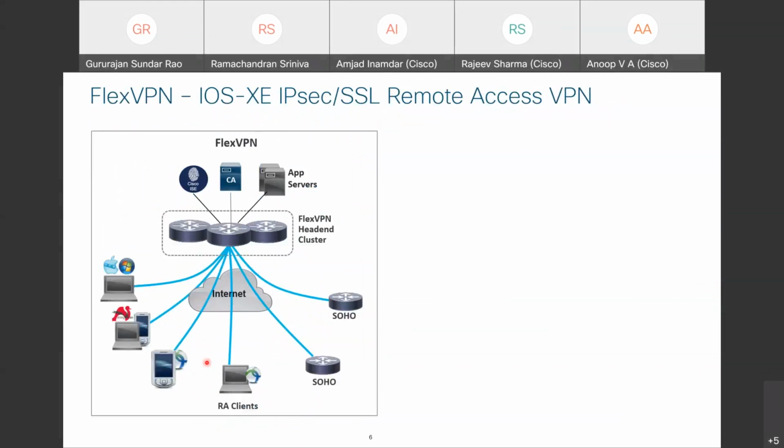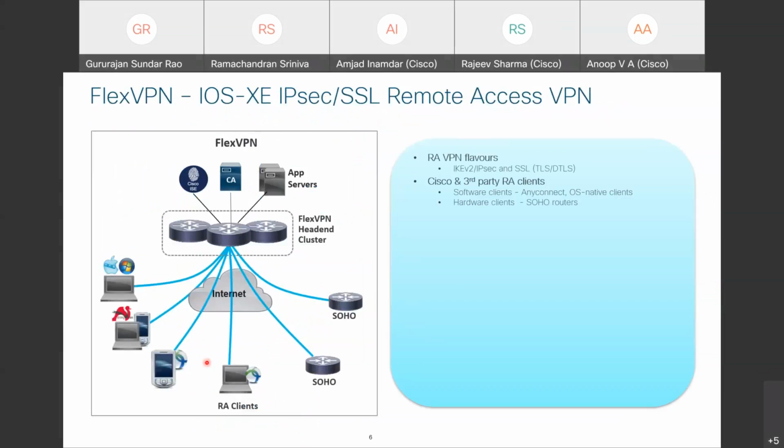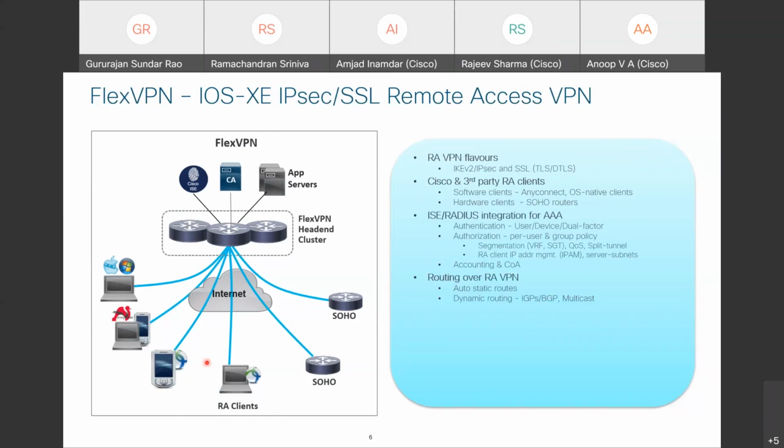Now, let's take a quick look at the iOS XE remote access VPN, which we refer to as FlexVPN. With FlexVPN we support both IPsec as well as SSL. We support Cisco and third-party remote access clients, both software clients as well as hardware clients. Software clients like Cisco AnyConnect, or we also support OS native clients like Microsoft Windows, Mac OS, as well as hardware clients, which can be used as thin branches, SOHO routers. And then FlexVPN has full integration with RADIUS for authentication, authorization, and accounting. There is full integration with